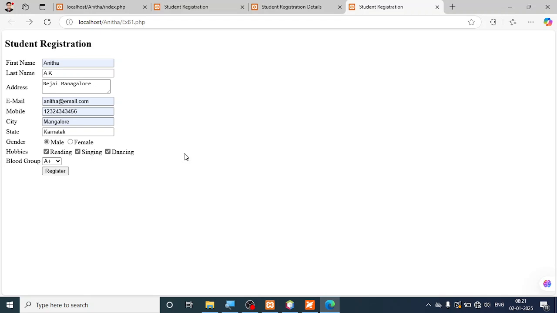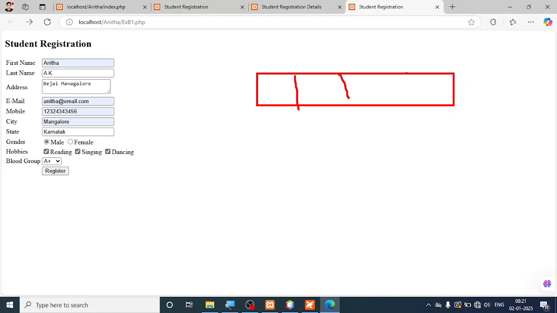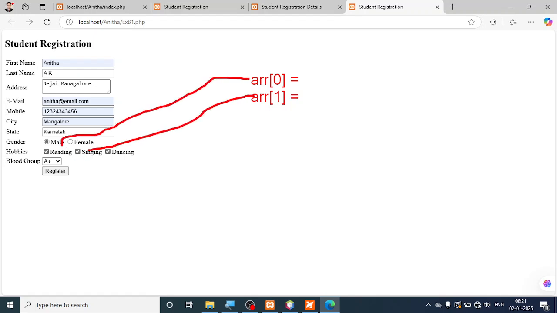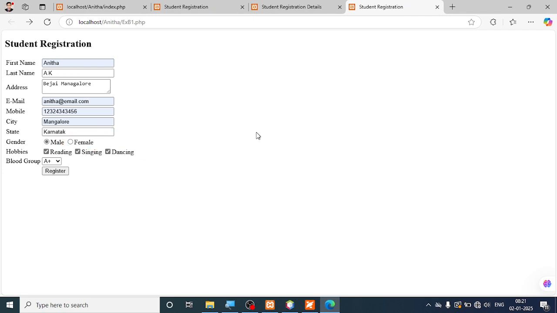If you want more than one value to be stored within a variable, then what you do is you create arrays. So you know how you created a of 0, a of 1, a of 2. You create an array. Then you say that array of 0 is equal to something. Then you say array of 1 is equal to something. So you know how to do that. So you are supposed to create an array so that you say array of 0 is this one, array of 1 is this one, array of 2 is something else. So in my case,